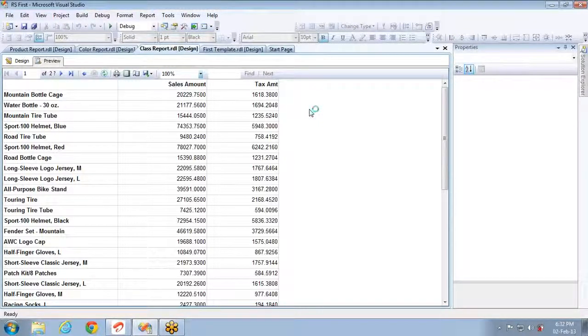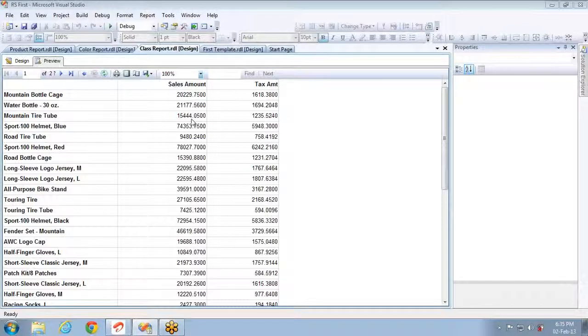Why? Because let me tell you an example. At first level, people will have country level information, and when they click on any country, they want the server to take them to the next report where they will have state information for that particular selected country. And the third thing, when they select any state, it has to take the user to the district level information for the particular selected state.